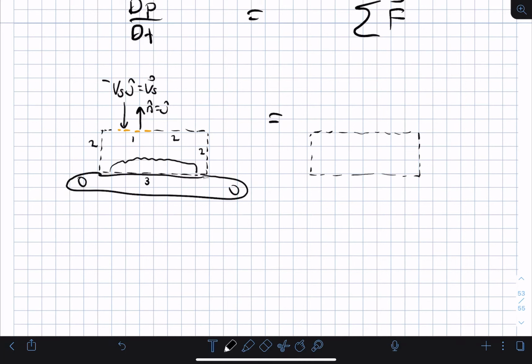But the only forces we basically have on this, we are neglecting the air, and so the only forces that are acting on this are the belt tension that is accelerating the sand to the right, and a reaction force on the conveyor that is keeping the sand from falling through the conveyor belt. Okay, that's it. And so we are neglecting the air,